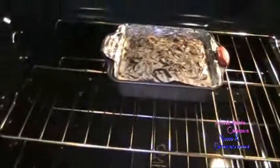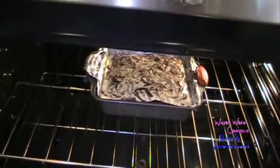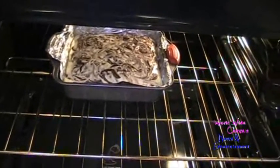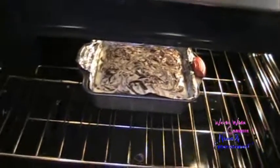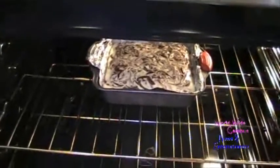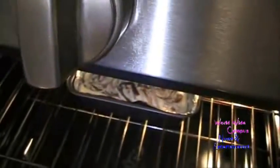Here we are, guys. Look at this one. After 30 minutes in the oven, you can see the brownies and the cheesecake have risen up for just a quick moment, a little bit. Now the next thing, you're going to turn the oven off like I did. You're going to crack the door open just a little, and I'm going to use a wooden spoon to hold the oven door. That helps it stay